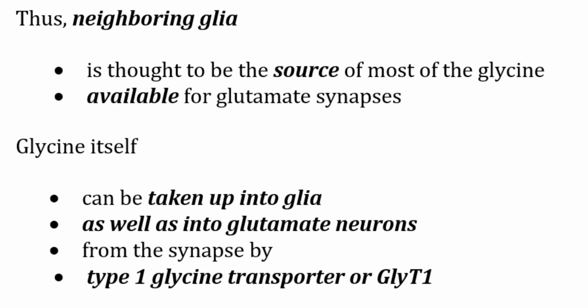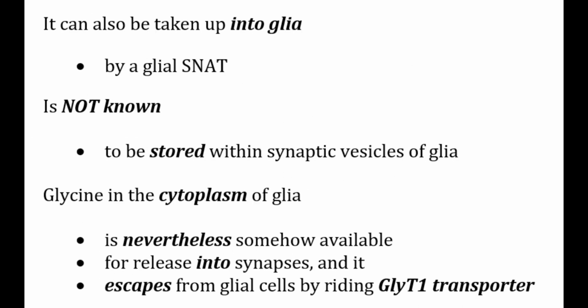Now this glycine can be taken up into the glia as well as the glutamate neurons from the synapse by type 1 glycine transporter, or GLYT1. It can also be taken up into the glia by glial SNAT. Interestingly, it is not known to be stored within synaptic vesicles of glia. But this glycine in the cytoplasm of glia is nevertheless somehow available for release into the synapse, and it escapes